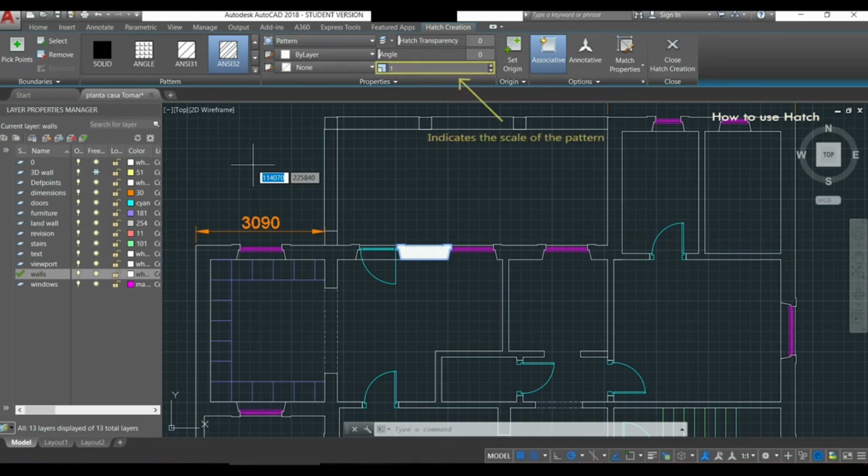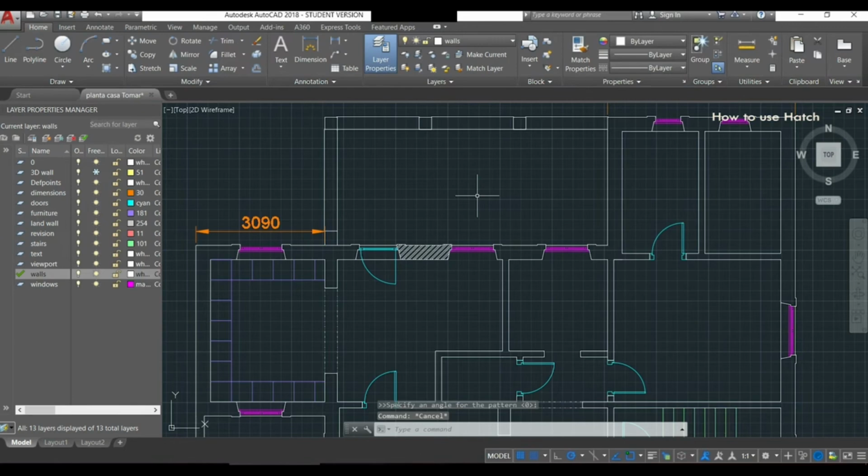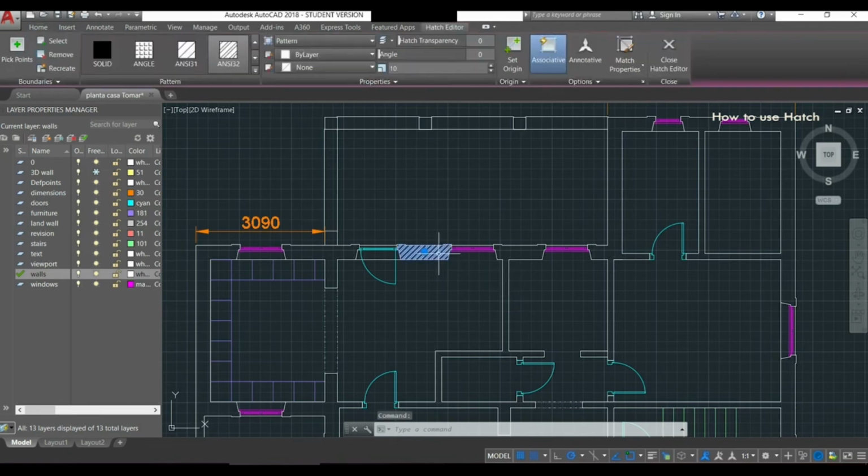This is because the scale of the pattern is too small, with the specimen at 1 mm as you can see in this section. Now I'm going to change it to, for example, 10. And you can see the difference.